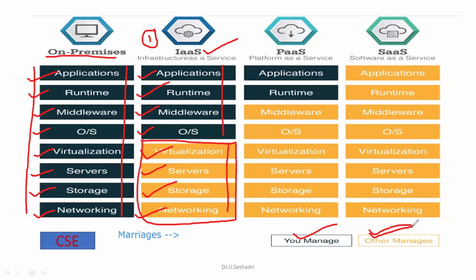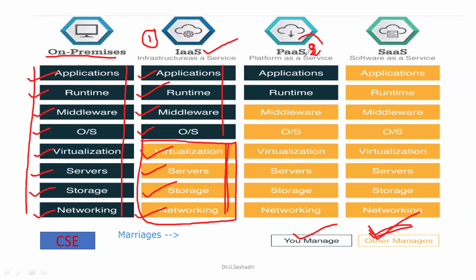AWS, the EC2 service. Similarly, in Azure, a compute service is there. In Google Cloud, a compute service is there, right? That is nothing but infrastructure as a service. This part will be taken care of by the service provider. You don't need to take care, the others manage it. Similarly, if you are using the cloud delivery model platform as a service,